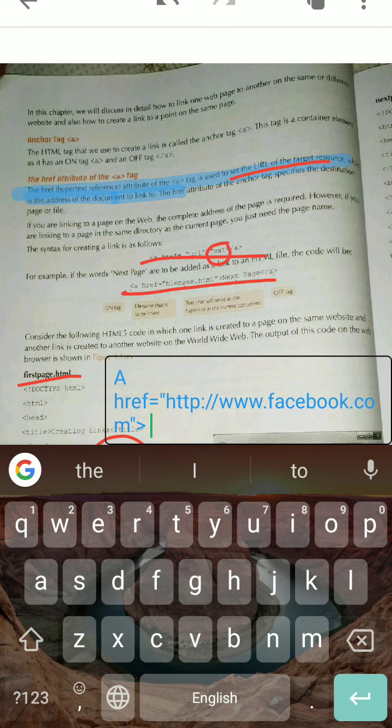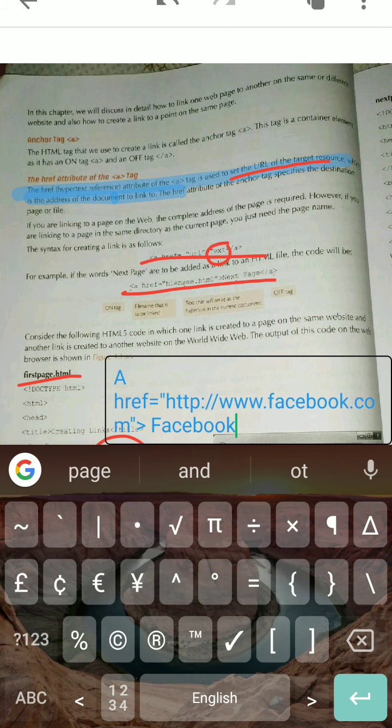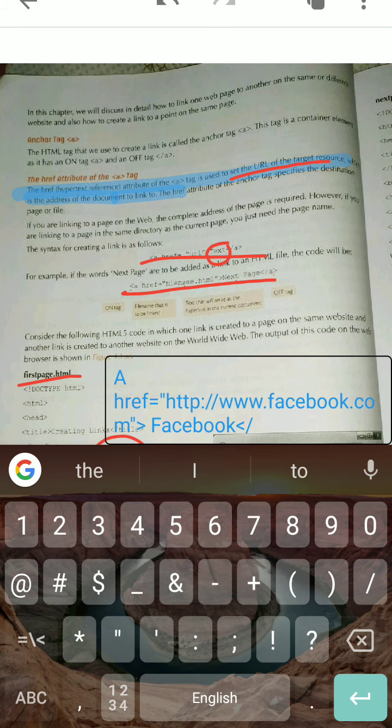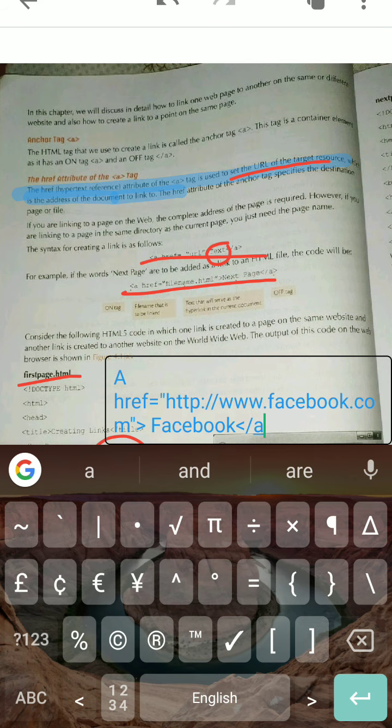Here I have written Facebook, and this a tag is closed because it is a container, you must close it. After that the closing is there.